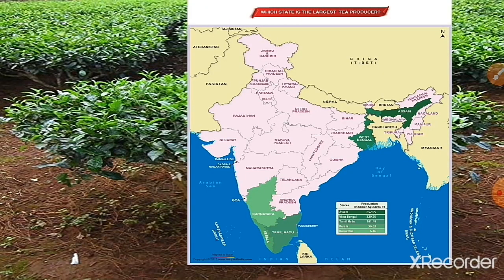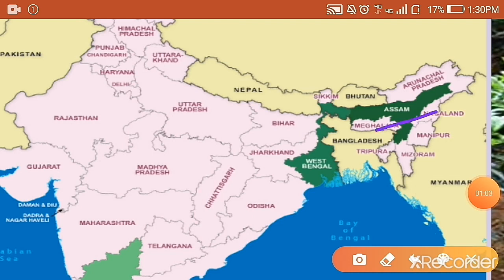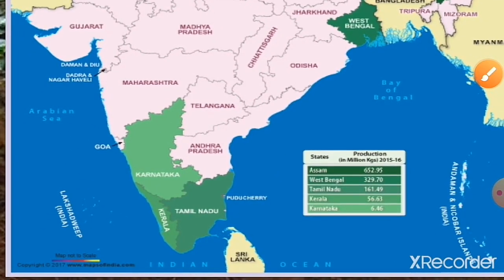India is the second largest producer of tea after China in the world. Assam is the largest producer of tea in India.